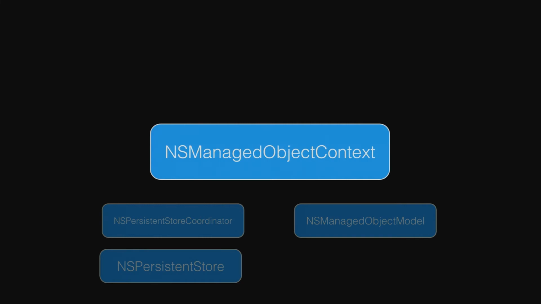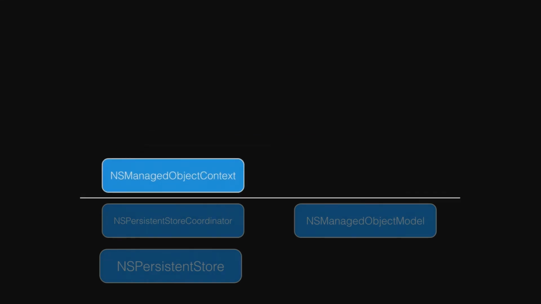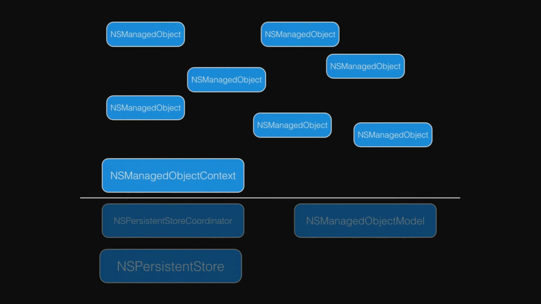But if you do save it, it goes down into the store, and there are ways to resync all of those changes back to the main context that you had in the first place. So this is a working area thing, and it's very useful once you get the hang of it. It's one of these weird things that you don't see in many other places. When you're working with Core Data, you usually work with a whole bunch of managed objects, right? Everything is in objects. Managed objects are the way that we want to interact with our data, and that's how we do it.